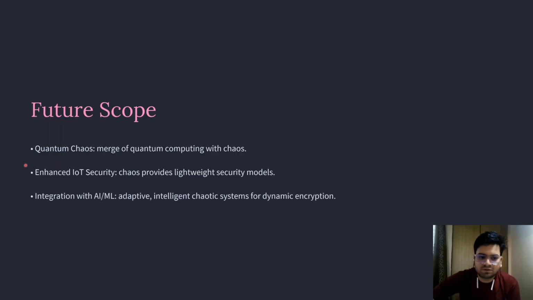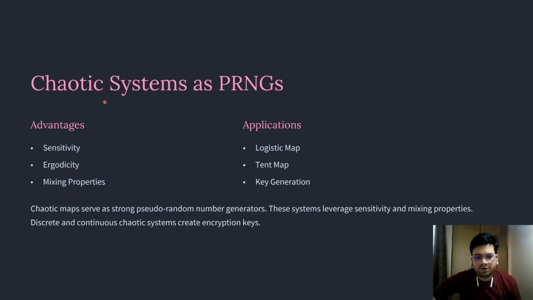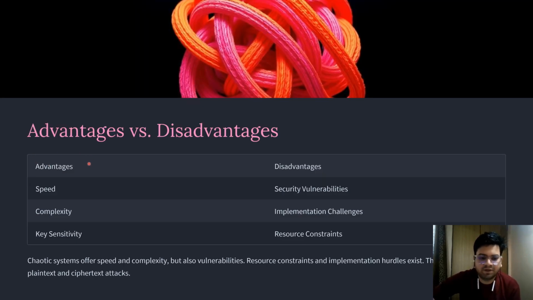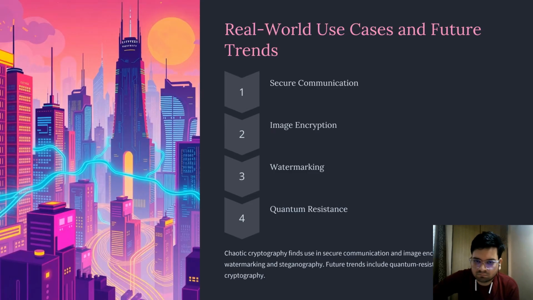Our future scope is quantum chaos. The merging of quantum computing with chaos can increase the unpredictability, enhance IoT security, and allow integration with AI and ML. So chaotic systems as pseudo-random number generators give us advantages in things like sensitivity, ergodicity, and mixing properties, as they serve as strong pseudo-random number generators. The advantages are speed, complexity, and key sensitivity, whereas the disadvantages are security vulnerabilities, implementation challenges, and resource constraints. Real-world use cases are secure communication and image encryption, whereas the future trends will be watermarking and